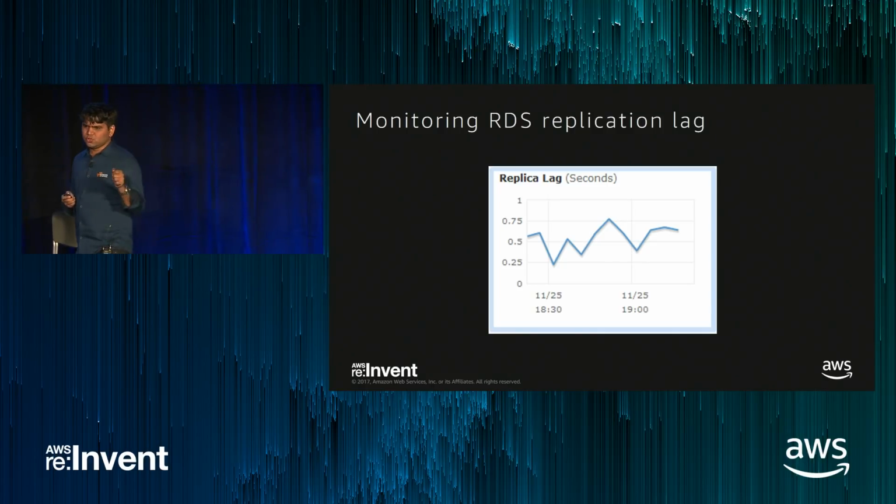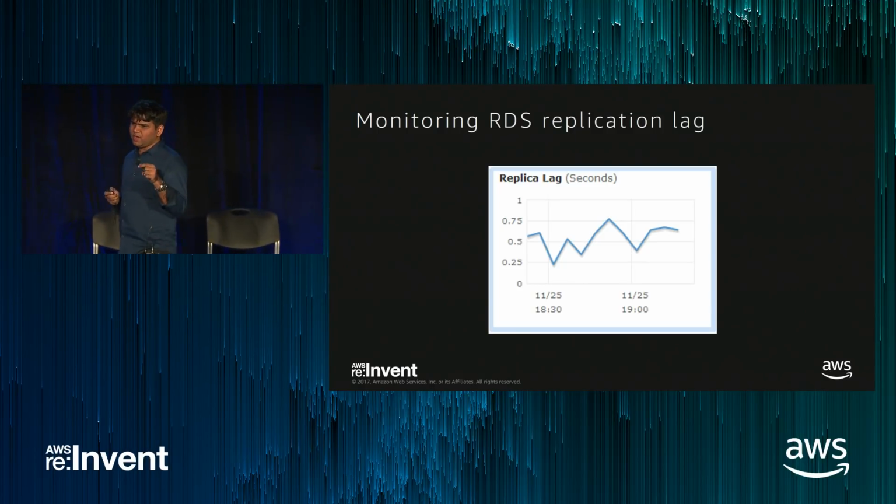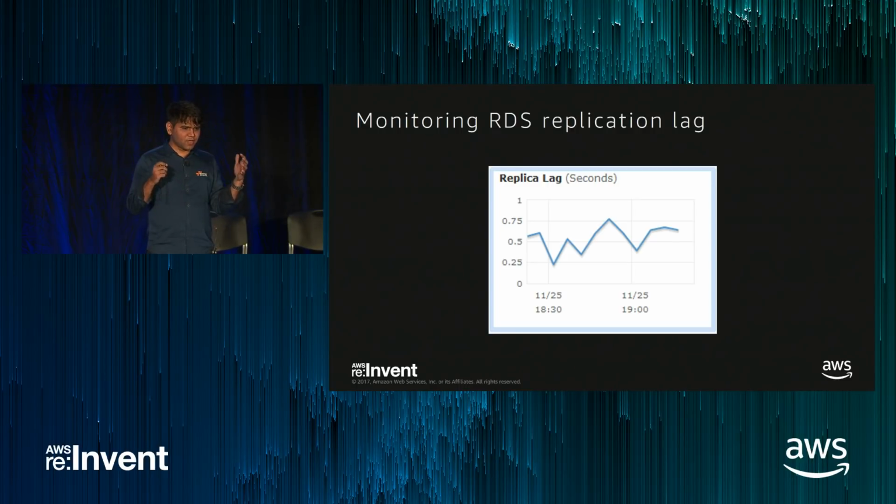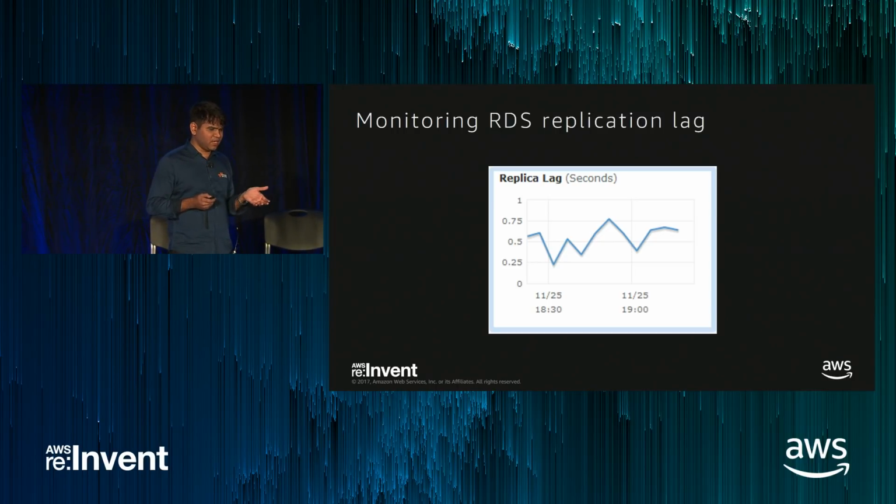What is important here is to note that whenever you are creating a read replica in another region, make sure that it has got enough capacity so that it doesn't fall behind the master. It should be at least as big as the master. That's what we recommend. And if it ever falls behind, there are some steps that you have to take to bring it in sync with the master. But ideally, you should stay away from that zone. You should never have to do that.